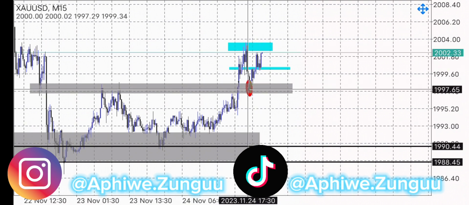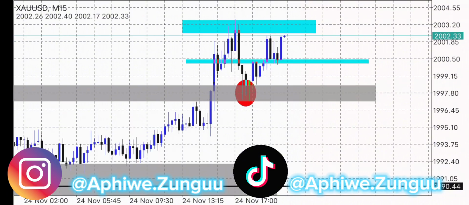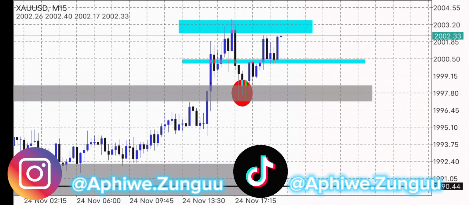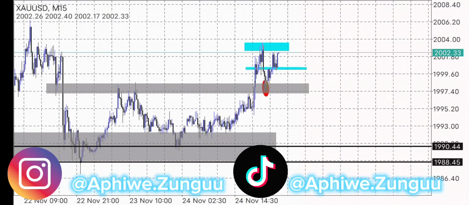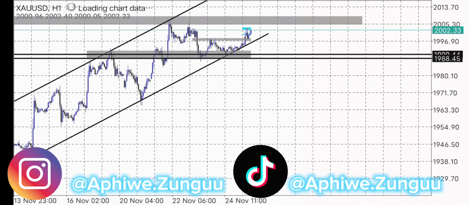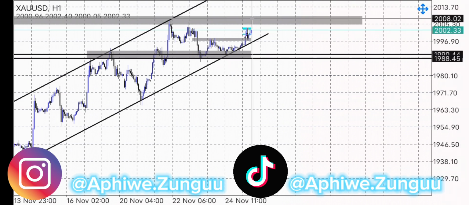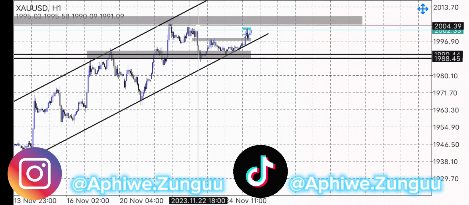back to retest, it created a high, right? So that's confirmation number 1, which shows you that the market is going towards the upside with bull volatile momentum, right? That's the momentum of the market, right? Confirmation number 2 is being in a trend in the 1 hour time frame. That's confirmation number 2. Confirmation number 3, it is not hitting this high as yet, because we never hit this